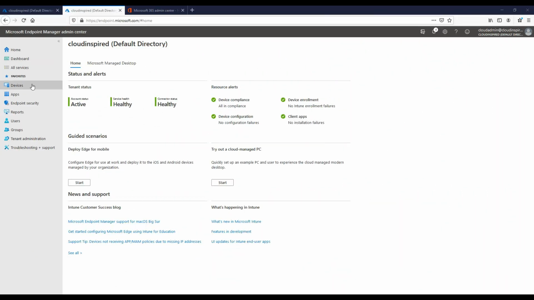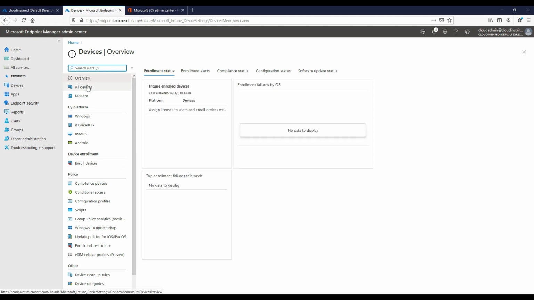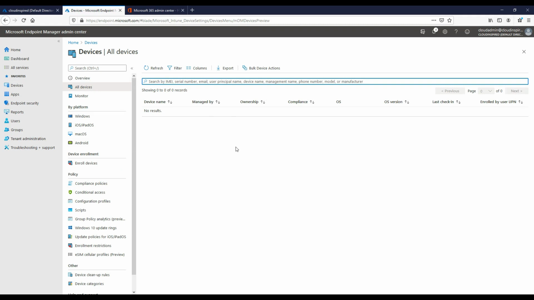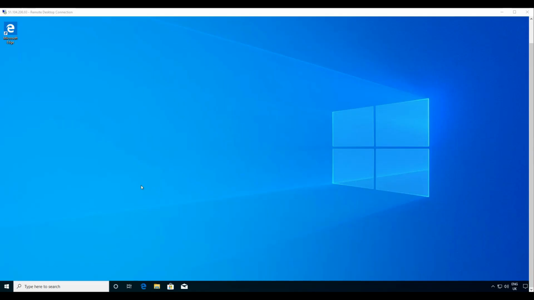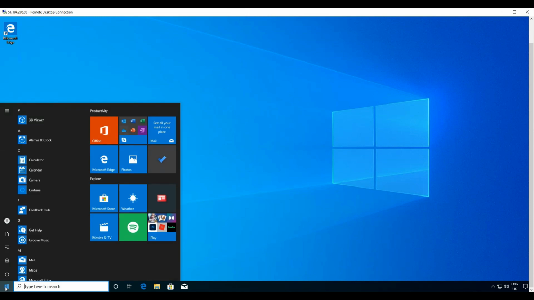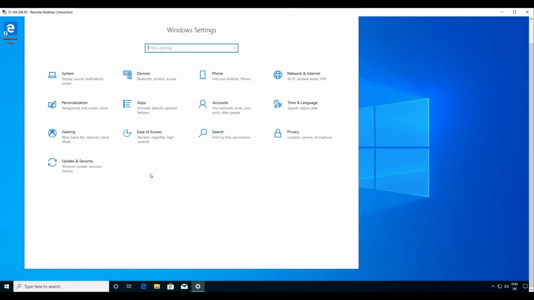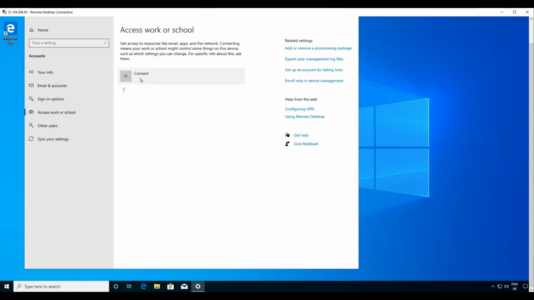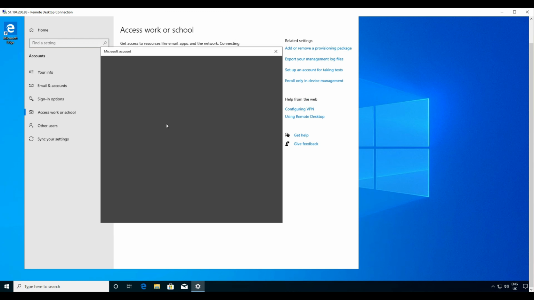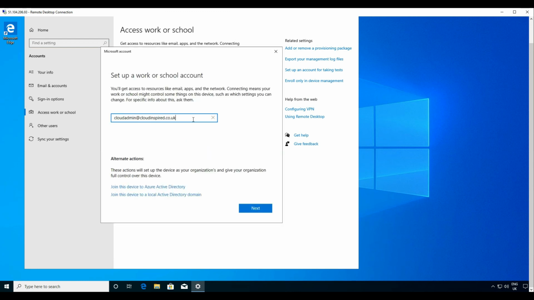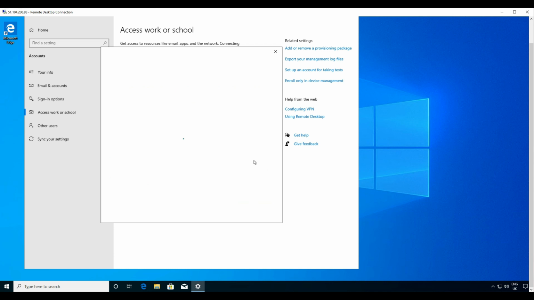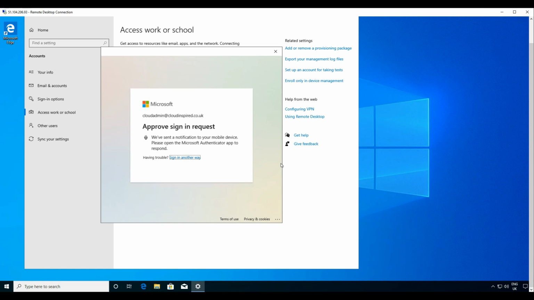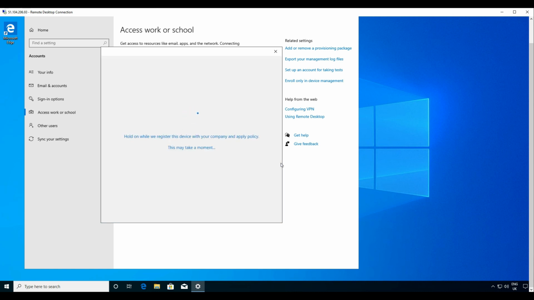So if we now look in the Endpoint Manager portal, we can see that we have no devices currently registered. So let's add one manually to show you where it's done for Azure AD Joined or registered devices. On the device, if we right click Start, go to Settings, go to Accounts, go to Work or School, we click Connect. And then we enter the Azure Active Directory user we wish to connect with, which is also part of the group we added to the policy. So if we enter our password and approve our MFA request,